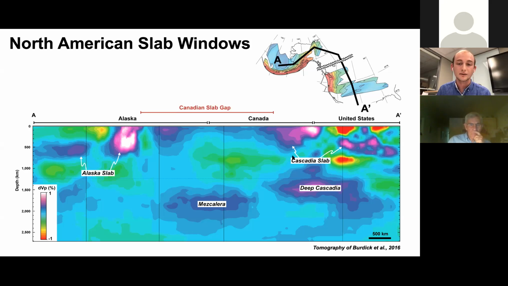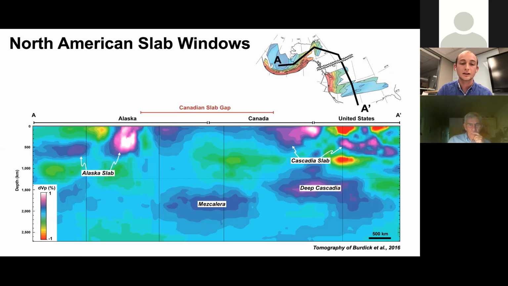But then in the intermediate region below Canada, it's much more sparse, and really the only whiff of subducted slab that we get is this Yukon slab here,